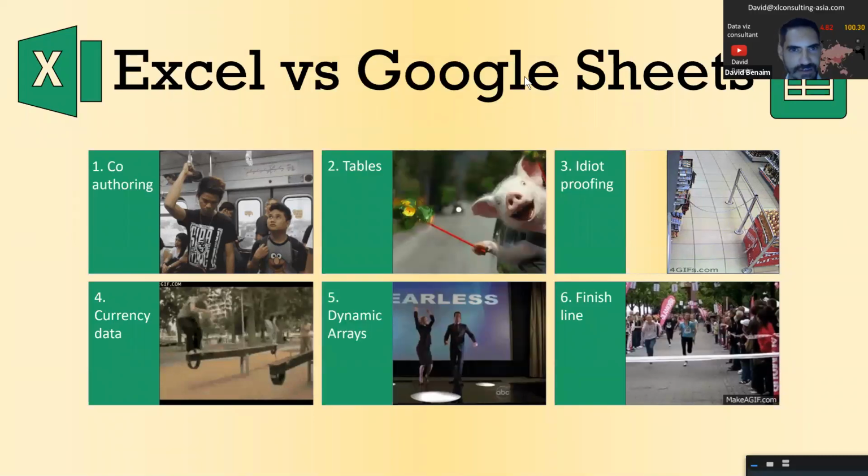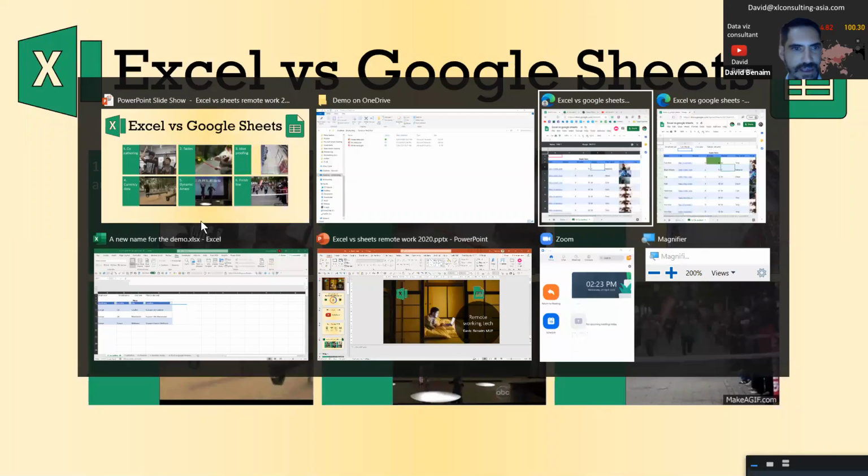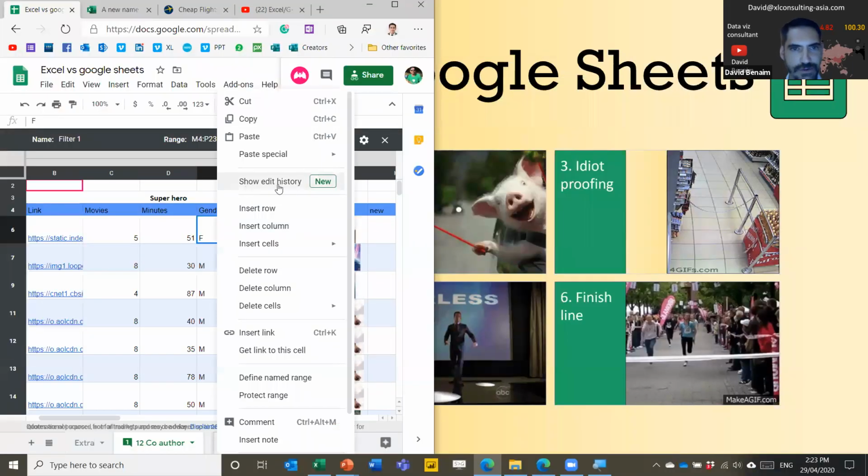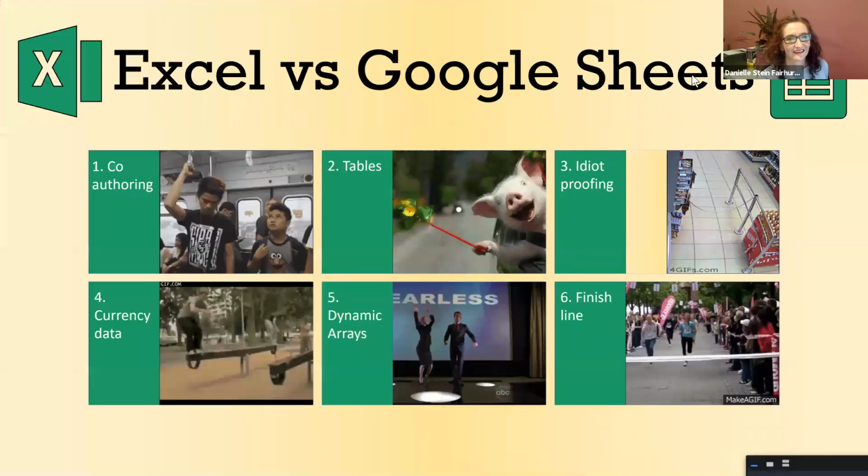For me, what does it for sure is the show edit history. This is just fantastic. Although Excel is pretty strong in its co-authoring and it keeps being refreshed all the time. I know as an MVP, I know the Microsoft team is working extremely hard to make this feature workable very, very well and keeping to update it. So Google is just a little bit more mature in that front.